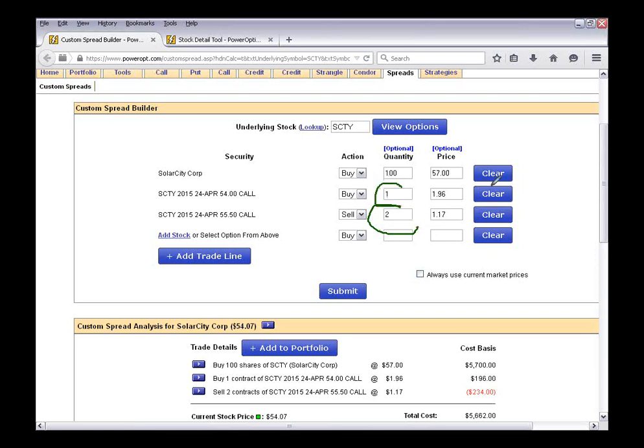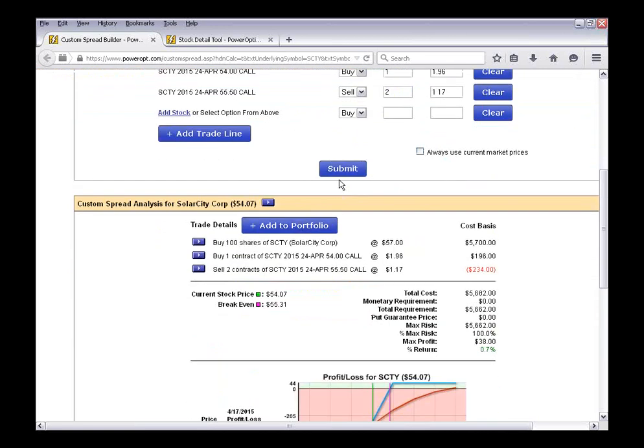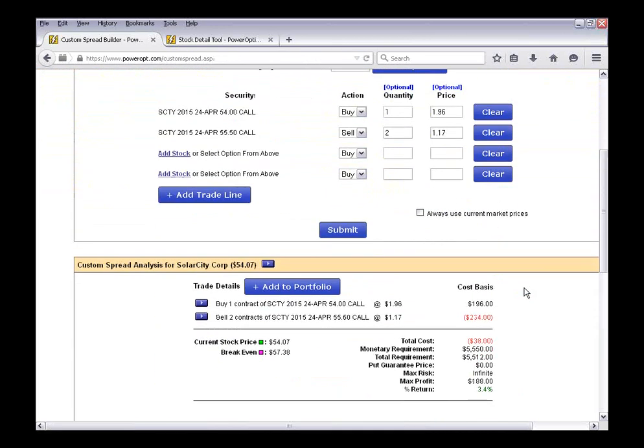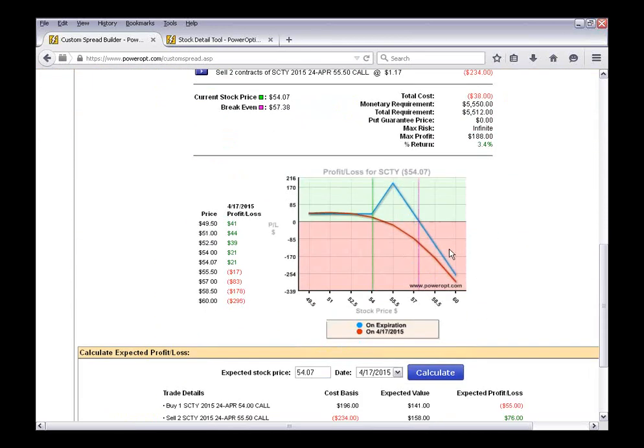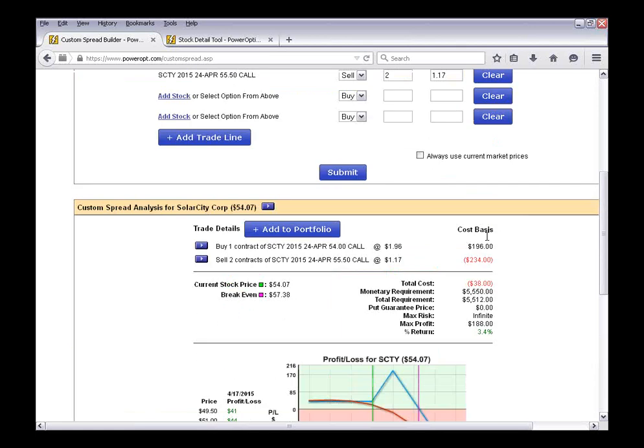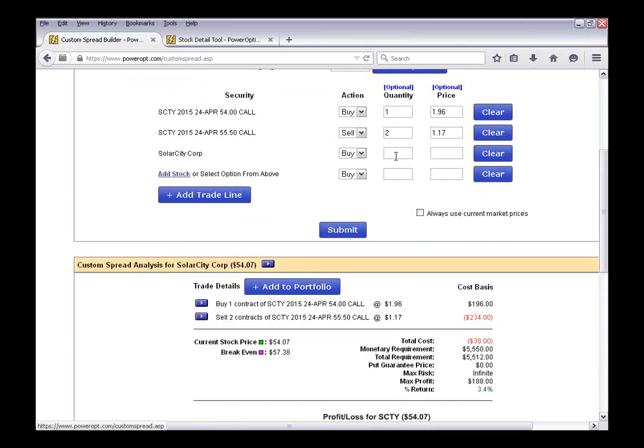Now, your broker would look at that. If we just did that by itself, your broker in your IRA, your restricted account, probably wouldn't let you do it. It ends up becoming a ratio call spread that has an infinite risk to the upside. Because without the stock, you've got the bull call spread, in this case buying the 54 and selling the 55.5, but then selling another 55.5, so now you've got a naked call with the bull call spread. So your broker won't let you do that. When you add the stock back into the position,